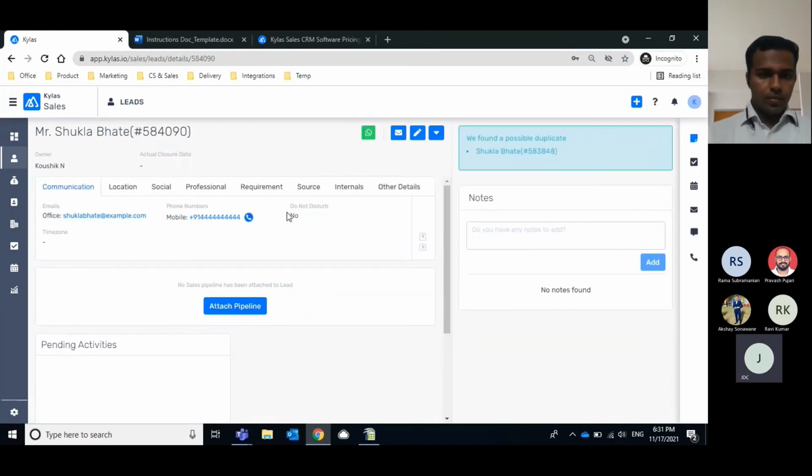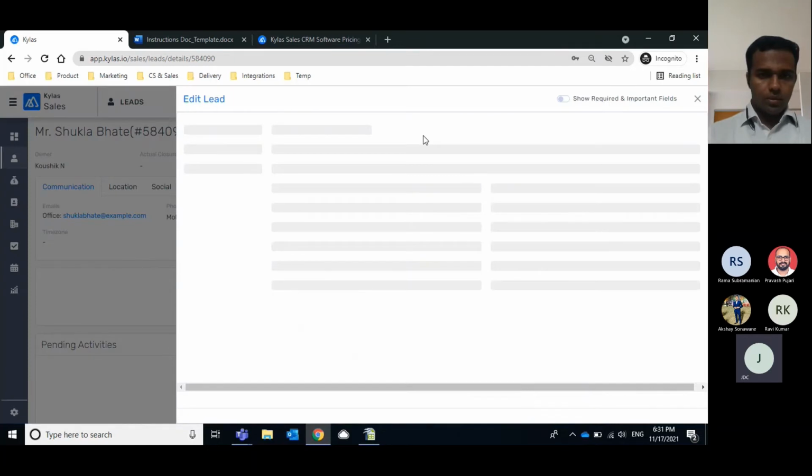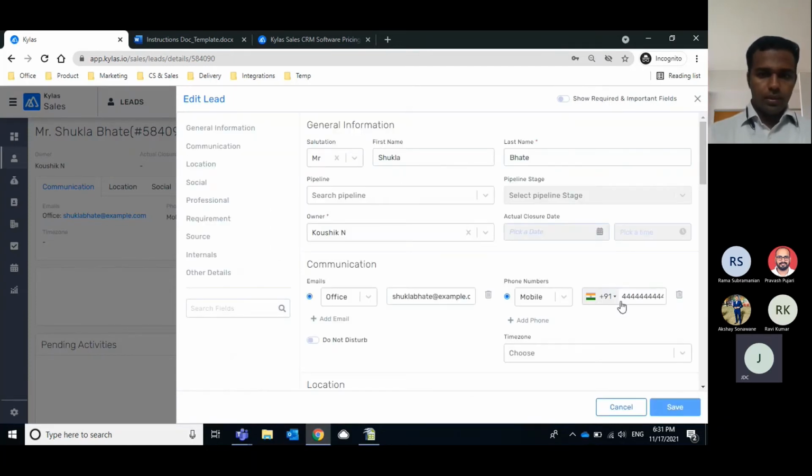For instance, I got a lead today, and I got specific information. Name doesn't change, but the mobile number might change at a later stage. The user might say, call me on this number. Is it possible to edit it at a later stage?